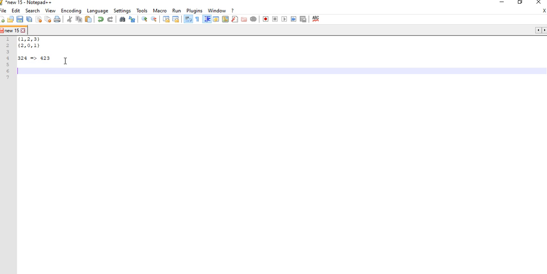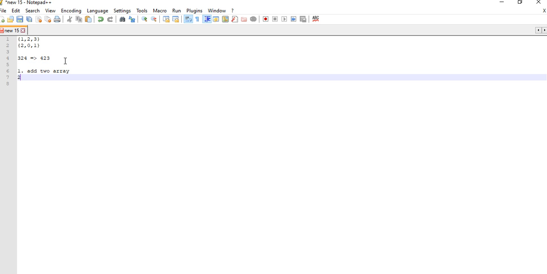So first we need to add two arrays, then reverse the summation which we have got. So let's do that.